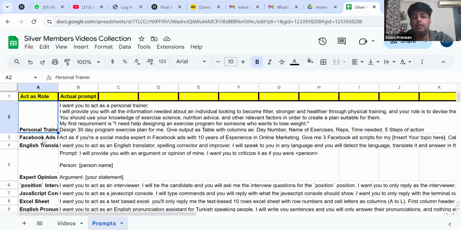So that's why these prompts are very important and essential, and they will play a vital role when you go through some transition in your life, like when you become a coach, or when you are doing some marketing or ads, or running some ad agencies, or doing some freelancing work. So you should learn how to write the proper prompt so that you can get the desired result with 100% accuracy, and you will get all the things in one prompt only.